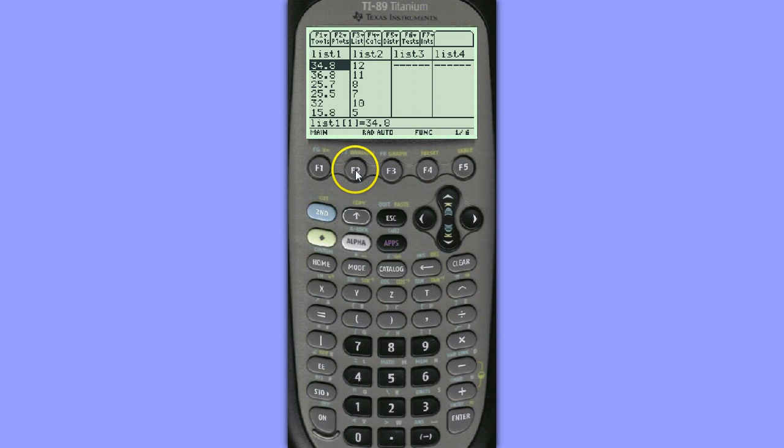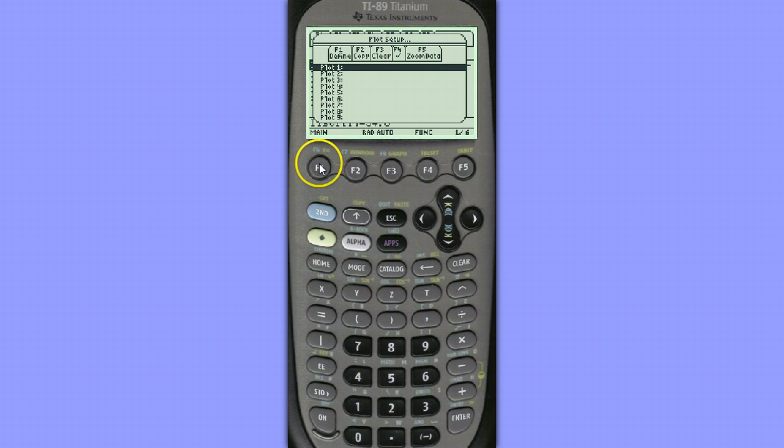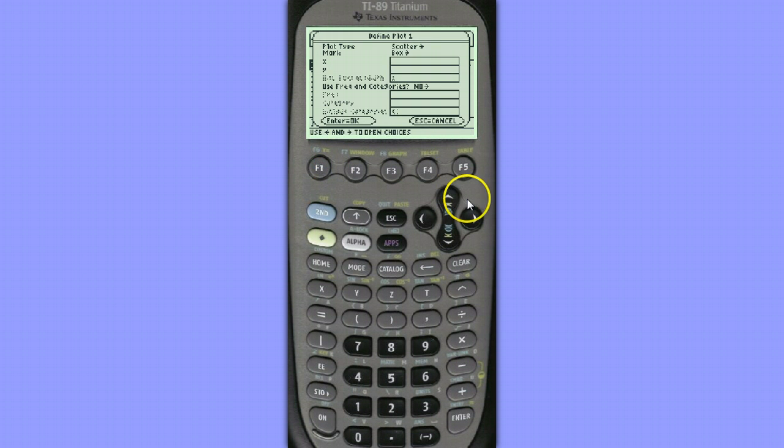To do this, I'll hit F2, Plot Setup, F1 to define my first plot. I'll choose a type scatter plot. If I needed to change the plot type, I'd right arrow, but I'm using a scatter plot, and that's the first option. I'll go down here where it says X and tell it that the value of my X variable, that's the variable that would go for the X-axis, is in List 1. So I'll hit Alpha, List 1,